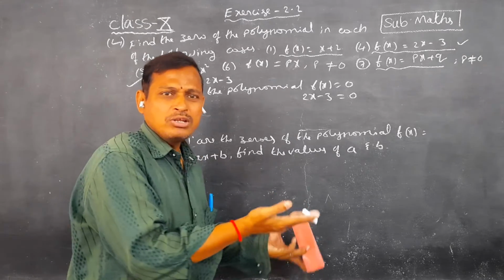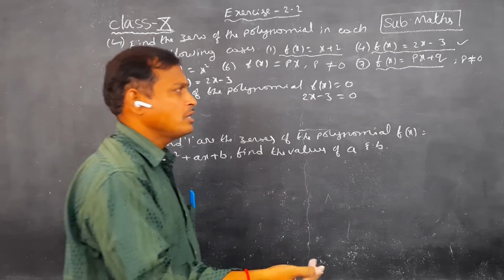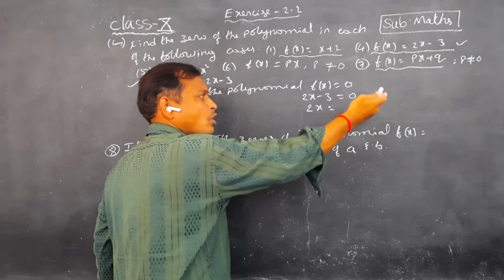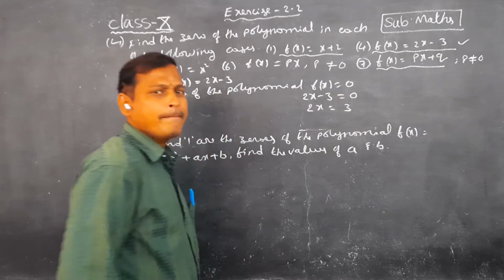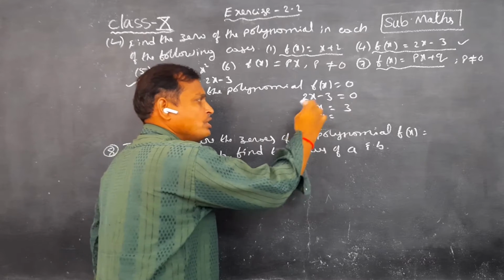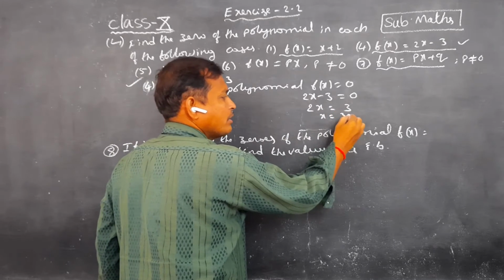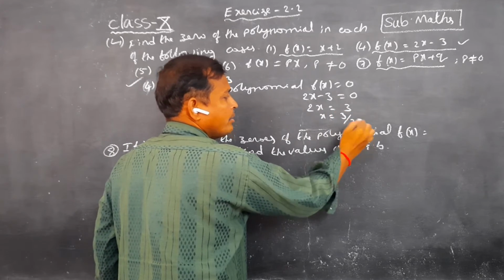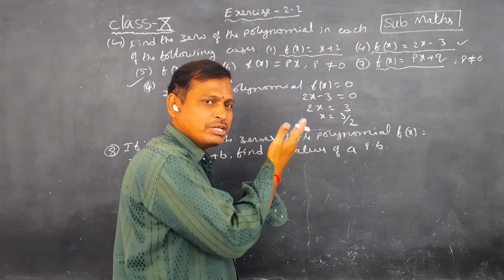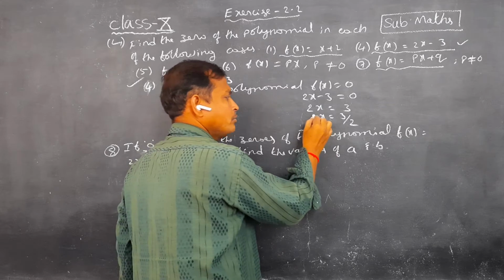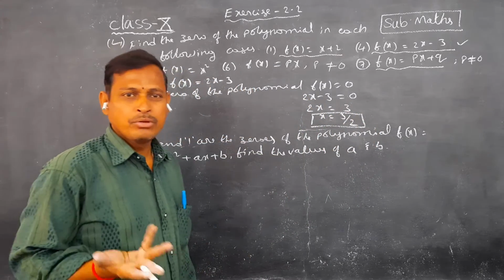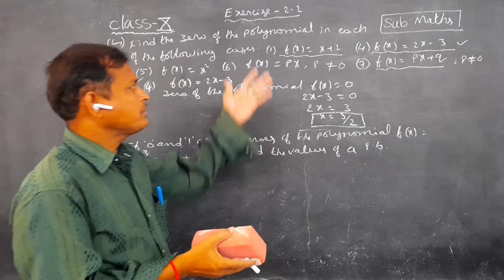Yes, x value is on one side, constant numbers on the other side. So first 2x is equal to minus 3; transposing to RHS, we must change the sign, plus 3. So x is equal to, the 2 is multiplied on the LHS, so transposing to RHS we can divide. So x value is 3 by 2, children. Okay, it's a very easy sum.